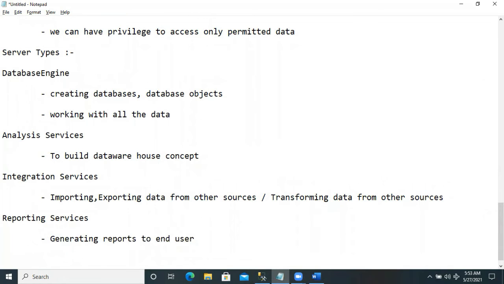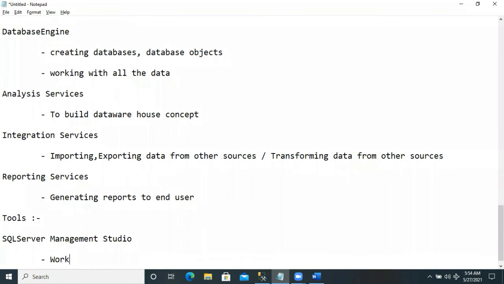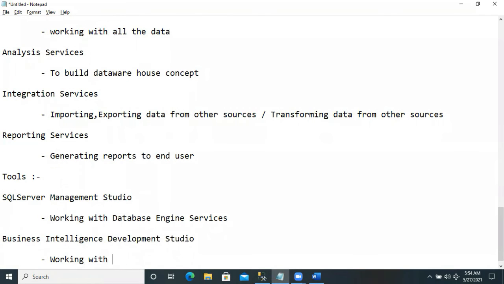To work on these services, here I do have the tools. The tools are SQL Server Management Studio, which helps in working with the database engine services. Business Intelligence Development Studio, which helps in working with analysis services, integration services, and reporting services.